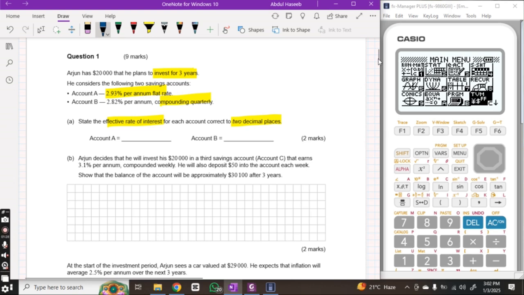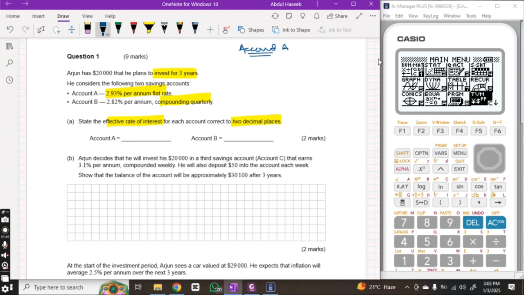So if you talk about account A, it is the flat rate, aka the simple interest rate. So if you want to convert a flat rate into the compounded annual rate, first we need to find out the interest earned on that amount. So